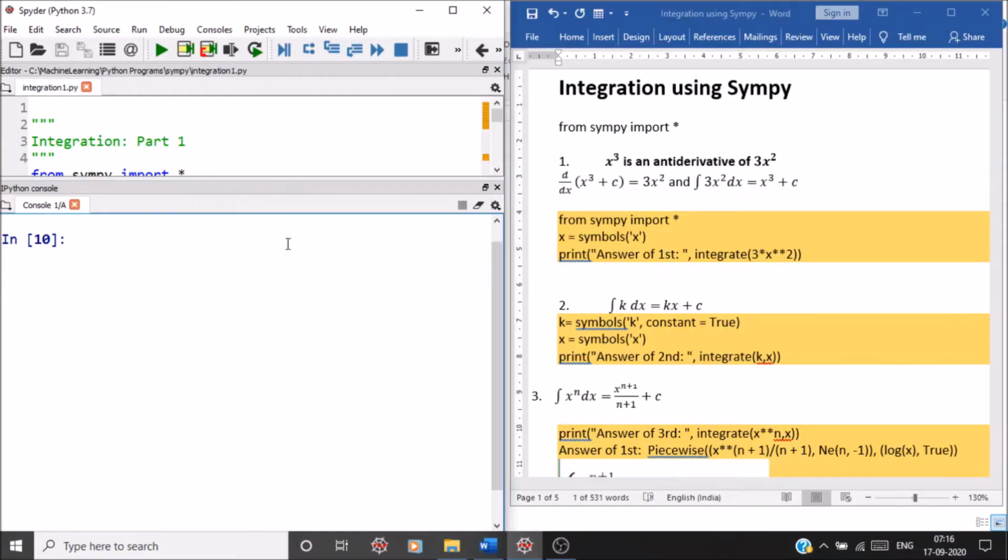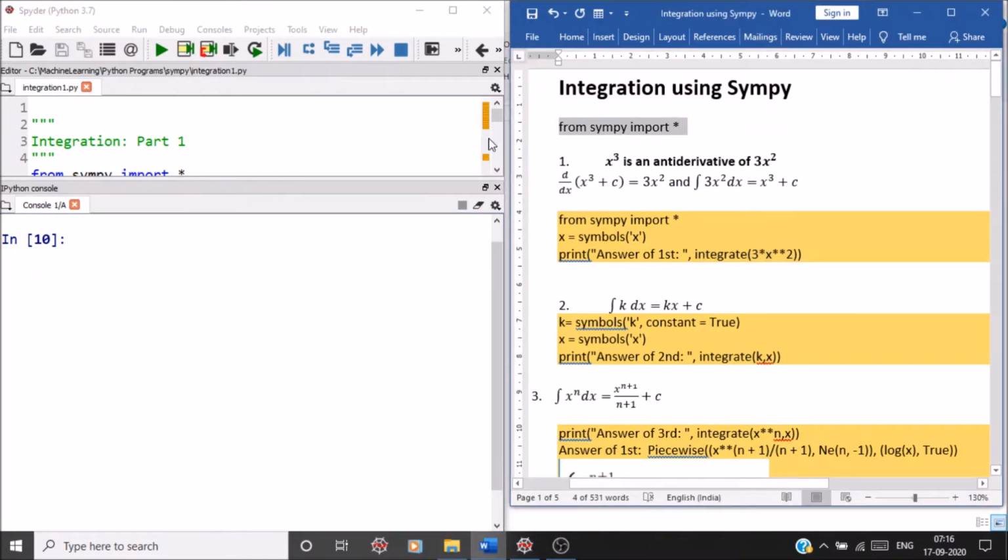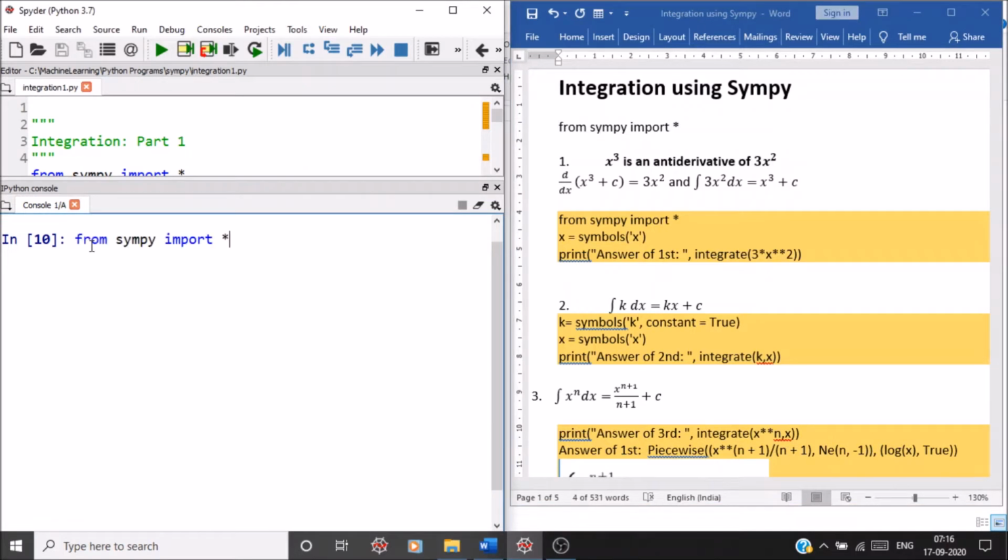In this video, we'll discuss integration using SymPy. Okay. Now, definitely, first of all, we have to import this particular package. So that is what: from sympy import *, and after that we'll see one by one. So the first one, you can see: